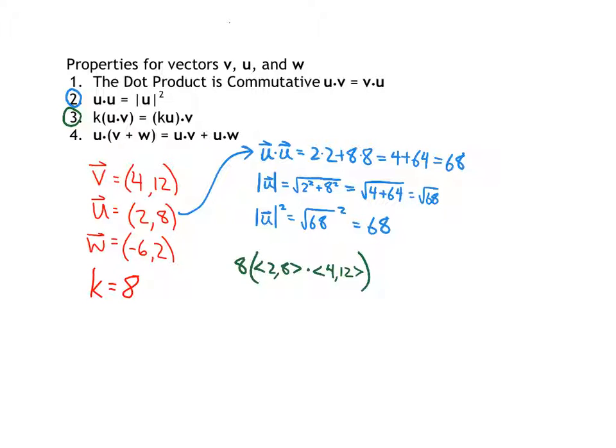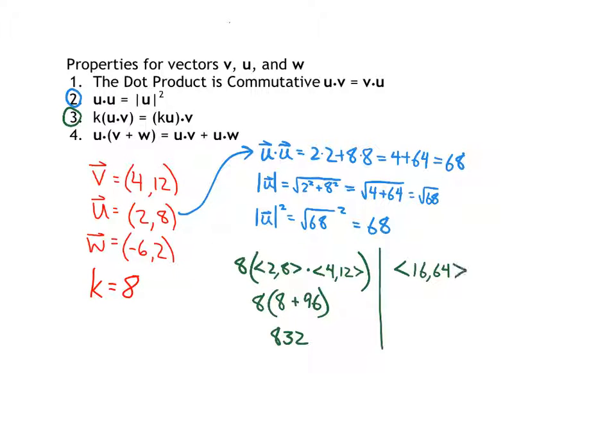Okay, if I do that dot product, I have 2 times 4 is 8, plus 8 times 12 is 96. So that's 104. So 8 times 104 would be 832. Good. Now, if I had done 8 times u first, I would have had 16 and 64,